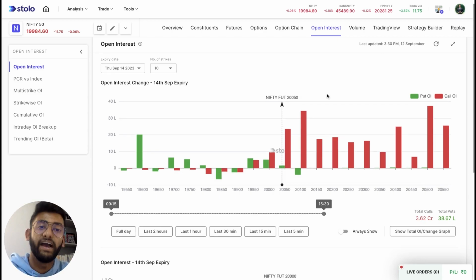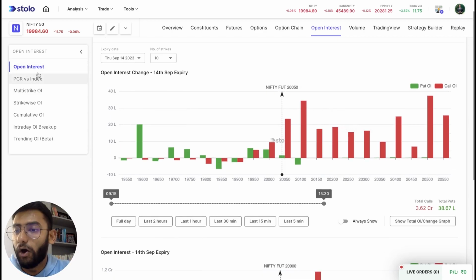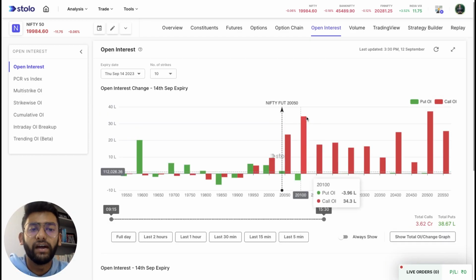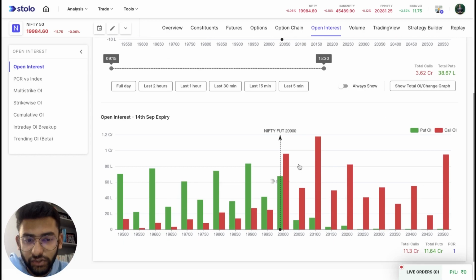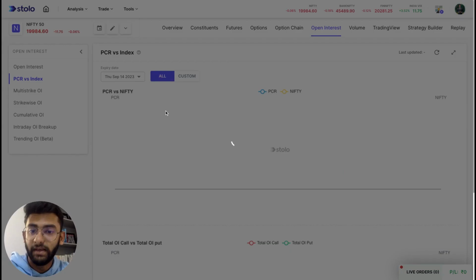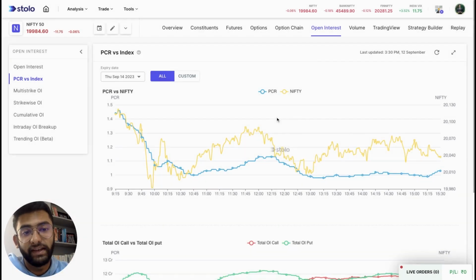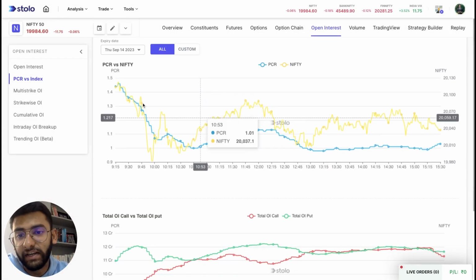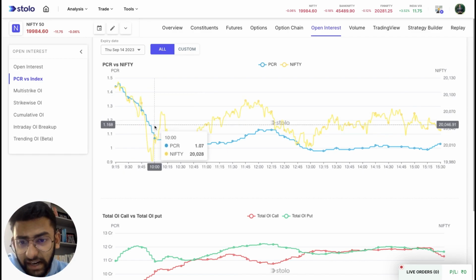So here we have features in OI. We have almost, again, five, six analyses here to understand in depth how the market would move. In one direct look, you can understand today's OI change. You have your weekly OI change. Similarly, PCR versus index is one specific feature where you can see the direct movement of PCR and the